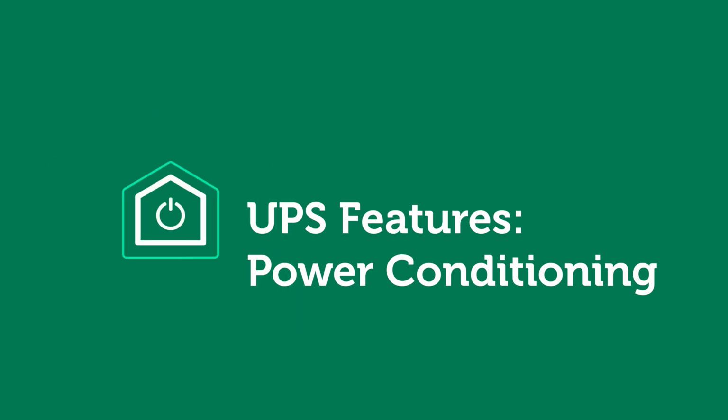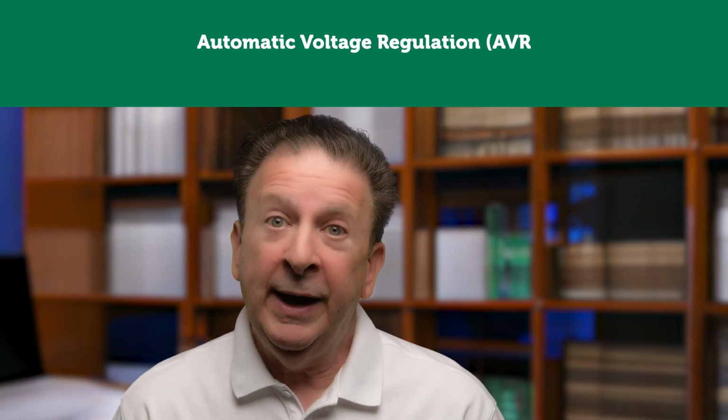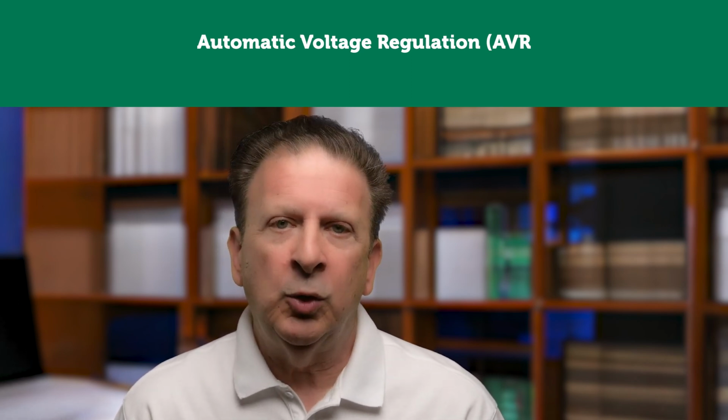I've already mentioned this briefly when describing the different kinds of UPS systems. They may vary in features, but almost all UPSs include some type of power conditioning, also known as automatic voltage regulation, or AVR. These features address the quality of the electricity from your utility provider. Spoiler, it often sucks, and cleaning it up to avoid damage to equipment caused by high or low voltage, voltage spikes, and surges. There is one additional technical detail that is often overlooked by consumers and deserves more attention: